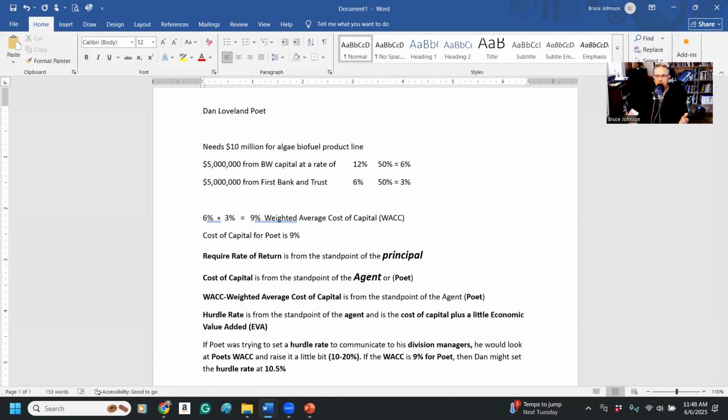So if Dan wants to do this algae biofuel idea, let's say he needs $10 million to get it started and running and to start selling algae biofuel, because they have to buy a bunch of equipment, maybe a new facility, something like that. So Dan contacts First Bank and Trust and Bruce and Warren Capital to get some money. The bank usually isn't going to loan more than what can be collateralized in a situation like that. So land, property, plant, equipment, those types of things, a bank will allow a company to borrow money for.